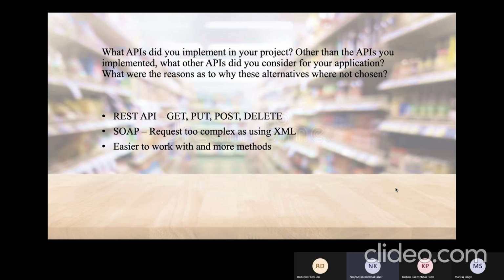And SOAP only allows XML format of data, whereas REST allows JSON and XML. The REST API has superior performance, particularly through caching for information that's not altered and not dynamic. REST API is generally faster and uses less bandwidth. So these are the reasons that we have opted for the REST API over SOAP.